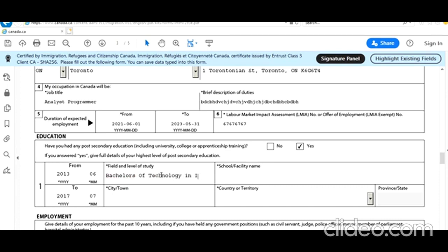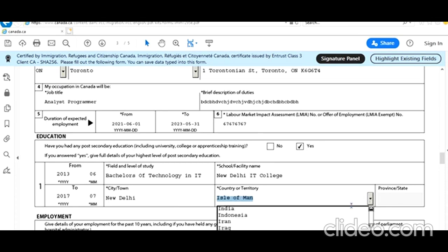School: New Delhi IT College. City: New Delhi. Country: it's very sensitive, India.